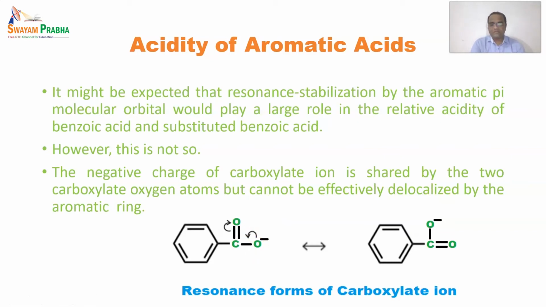From the structure here you can see that one might think that after donating a proton, the electrons remaining on the oxygen will shift towards the molecular pi orbital of the aromatic ring, but it does not happen. Why does it not happen? Because the oxygen is not directly connected with the aromatic ring. In between it has a carbon, and the charge cannot be shifted beyond this boundary,